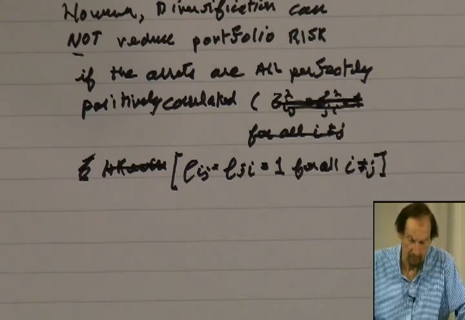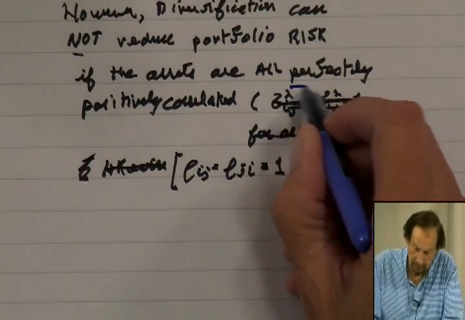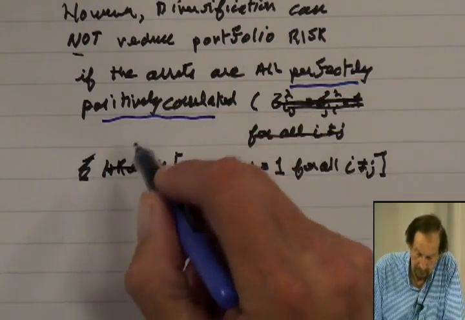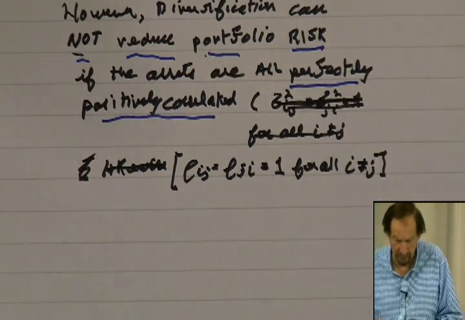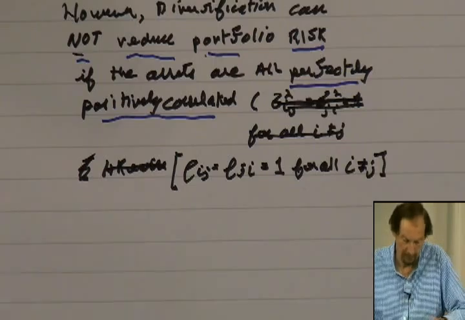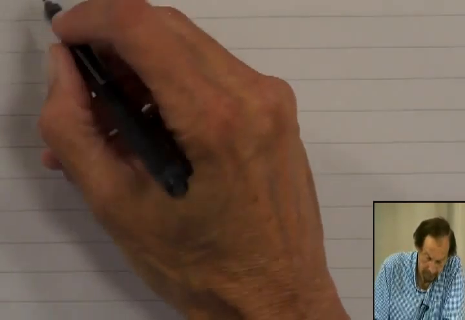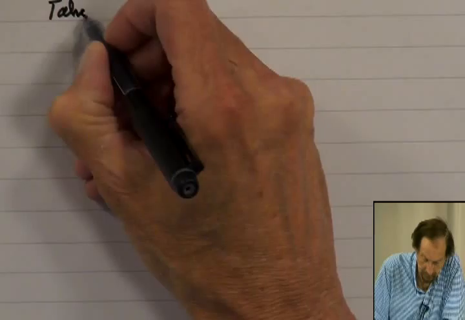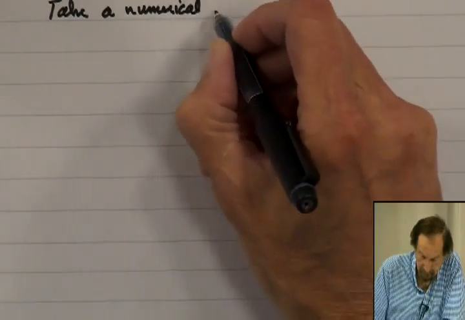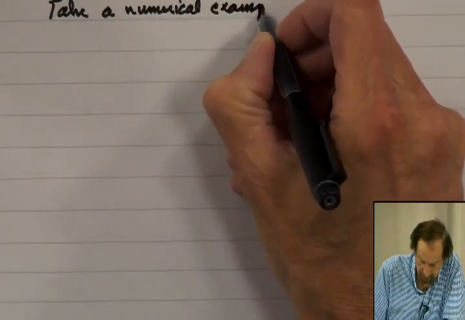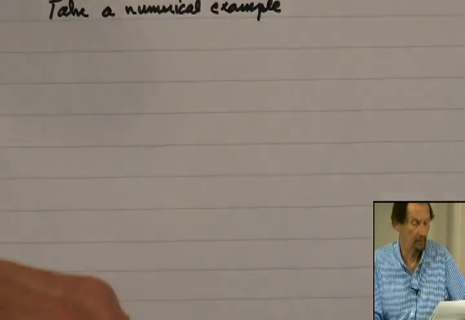So now we have things that are perfectly positively correlated. And here we can't reduce portfolio risk, we say. So let's do an example. Let's do a numerical example, because the numerical examples are a lot nicer, I think, than just doing theory. Okay, our numerical example,